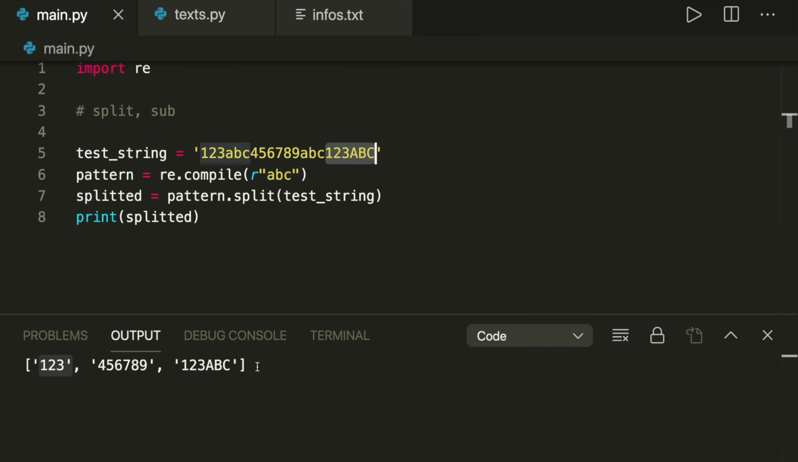So this is the third substring that it found and returned with this split method. So this is the split method. And now the sub method. With the sub method, we find all the substrings where our pattern matches and then replace them with a different